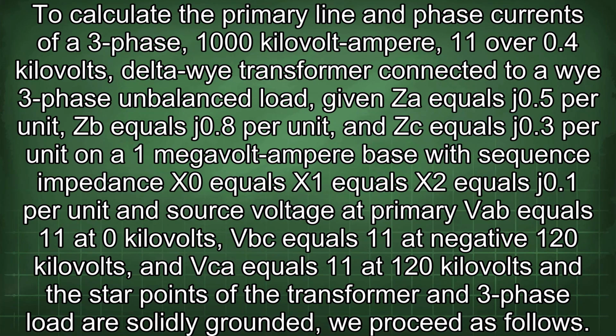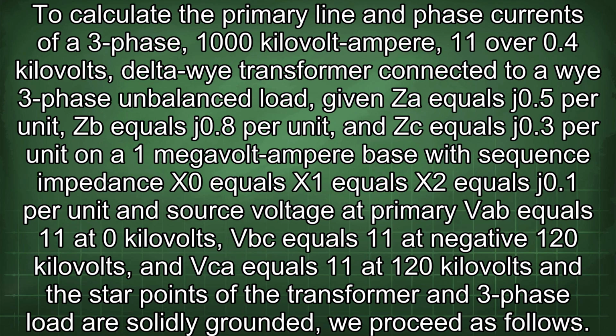Calculate the primary line and phase currents of a three-phase 1000 kVA 11/0.4 kV delta-wye transformer connected to a Y three-phase unbalanced load, given ZA equals j0.5 per unit, ZB equals j0.8 per unit, and ZC equals j0.3 per unit on a 1 MVA base with sequence impedance X0 equals